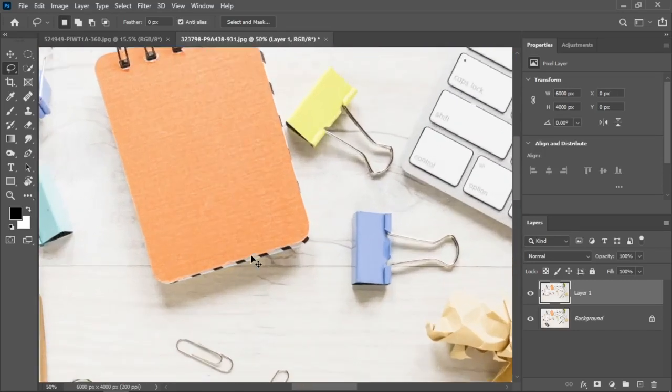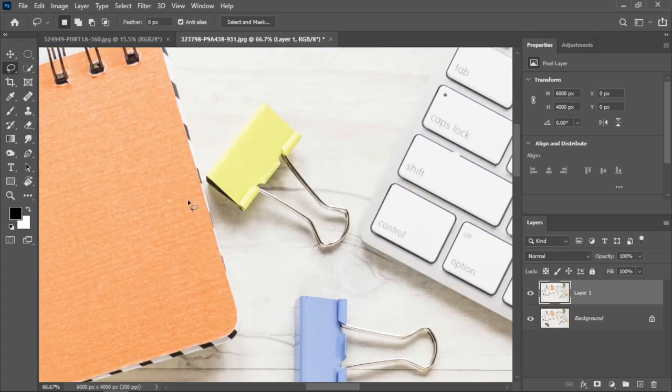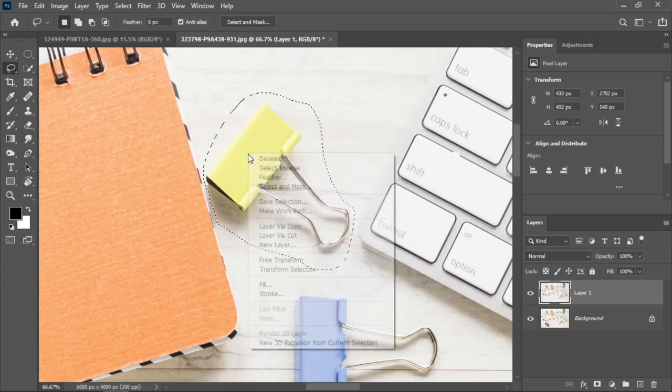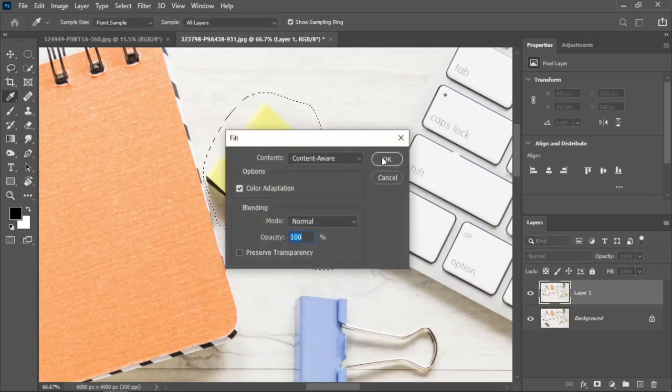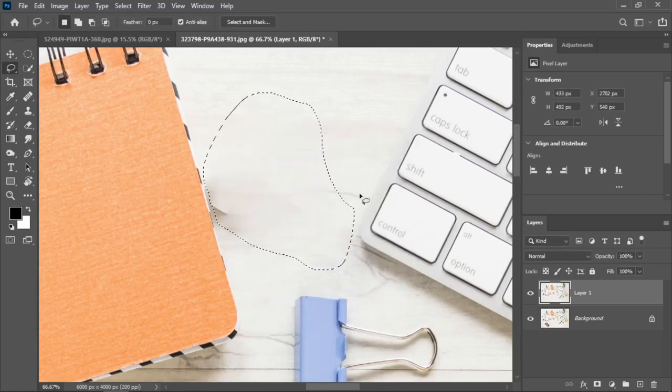So if I look over here, this clip is quite far away from this notebook, and if I try to make a selection of it away from the shadows and right click and fill, okay. So Photoshop has removed this quite well, but as you can see there were shadows over here and this was very close to the shadows and Photoshop couldn't analyze it properly, and that is why all of this area is messed up.